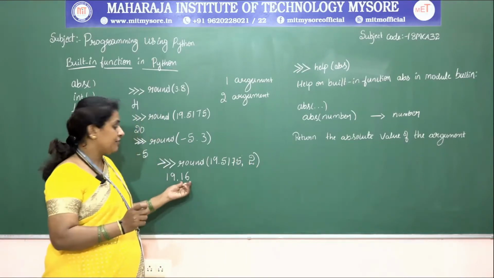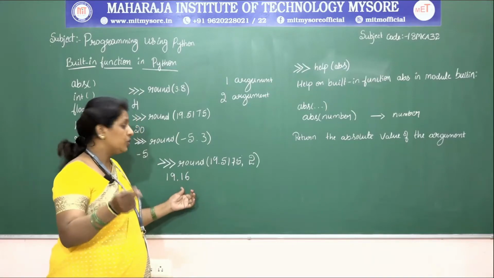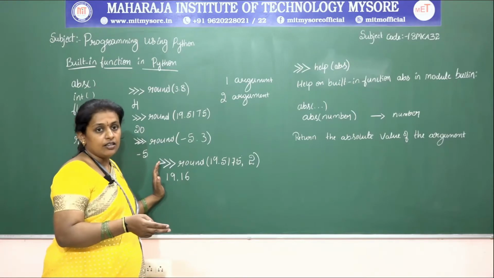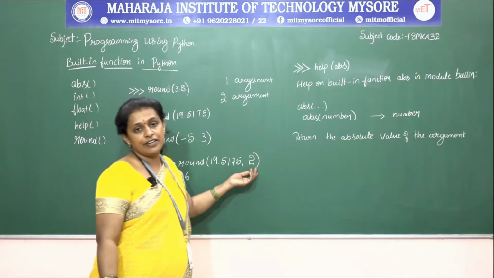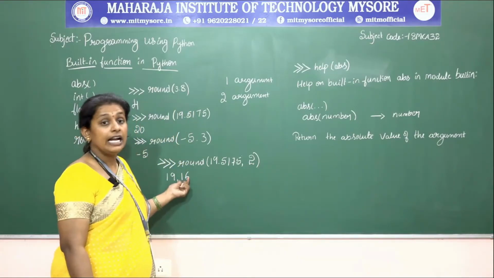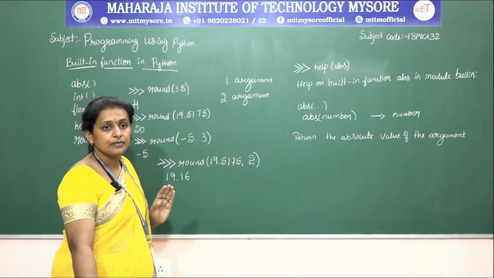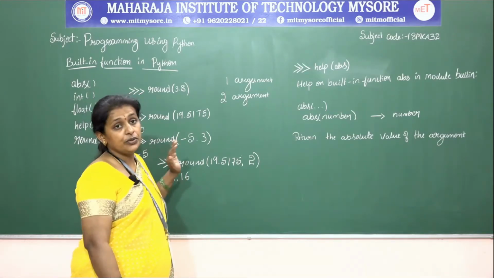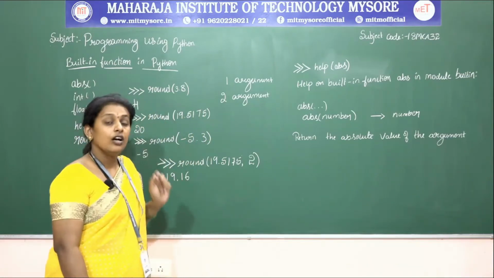So I am specifying that after the decimal point I need only 2 decimal places. After the integer number, I require only 2 decimal values. So I am specifying 2 as the precision, so that I will get only 2 decimal places, rounded as a floating point value. Clear? Then we are going to execute the help command with respect to round, for the documentation